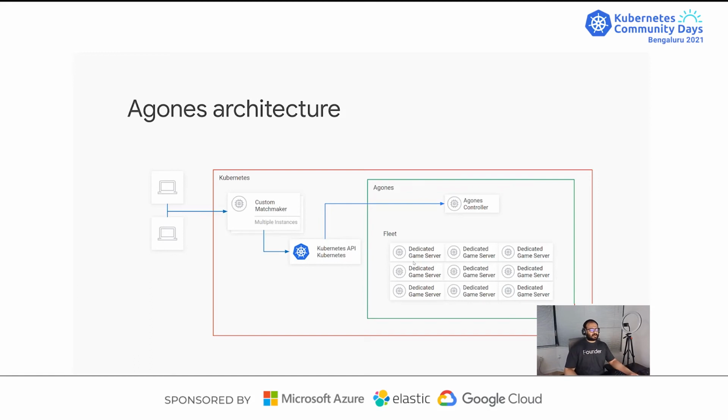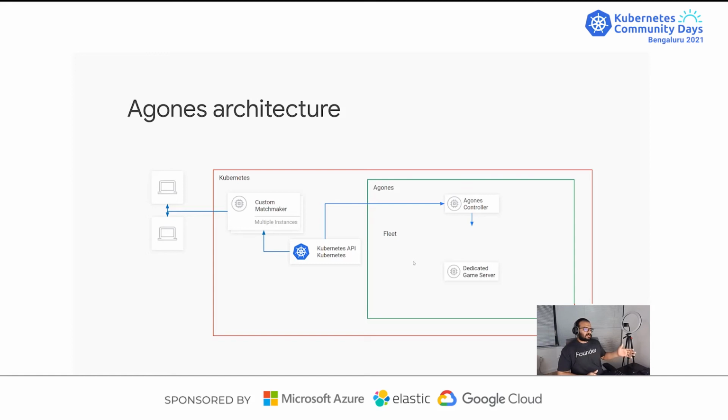The Kubernetes API, instead of you doing the heavy lifting, sends a request to the Agones controller, which already has the fleet dedicatedly running for them. I'll talk in detail about the fleet and what happens behind the lines. But think of this as the Agones controller will now pick up a game server and then pass the information back to the players. So the biggest differentiation from what we discussed so far to now is Agones is doing the heavy lifting here in terms of just a Kubernetes API call.